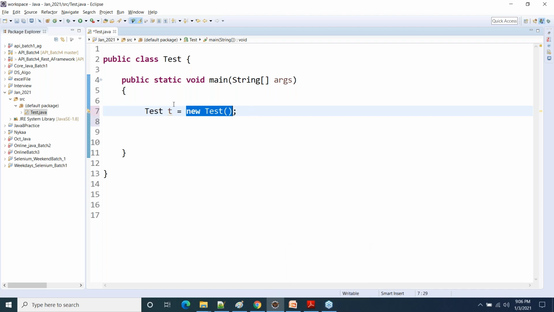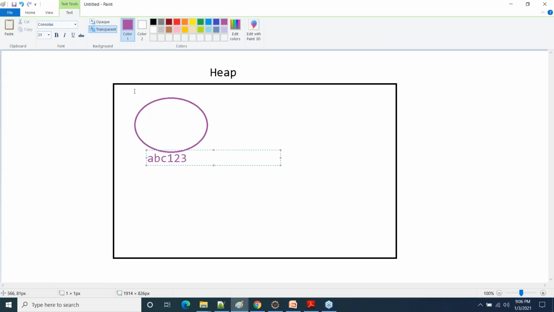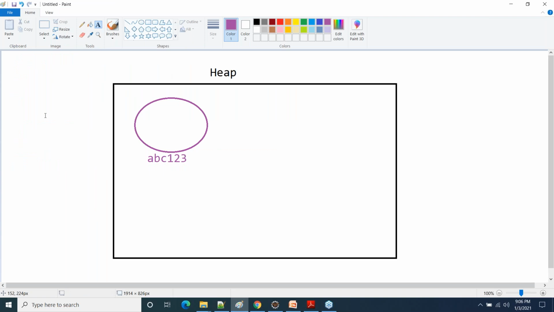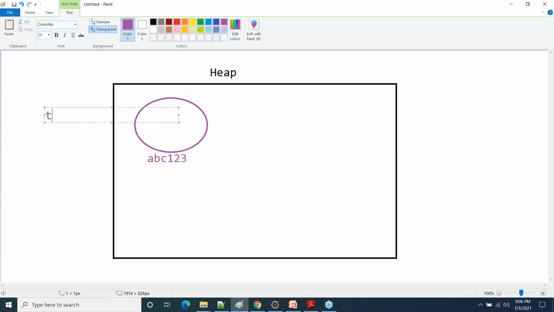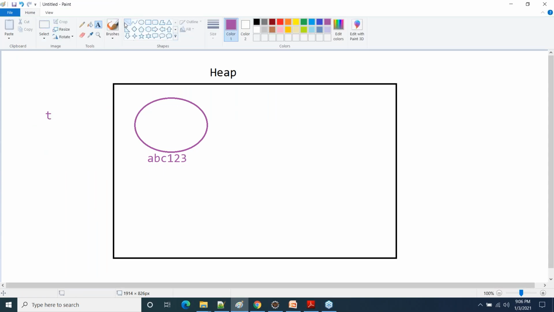Then that memory address will be stored in this variable T. So when we say that this variable T will be holding the address of the object, and because this variable T is holding the address of the object, by referring to that address we can access the object, yes or no?